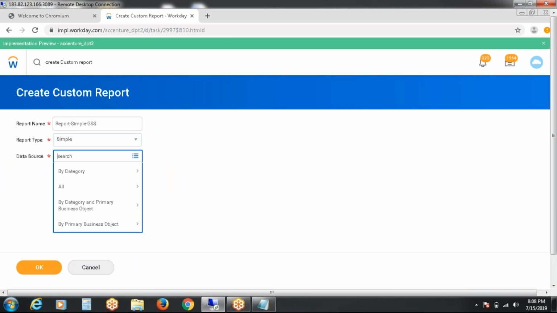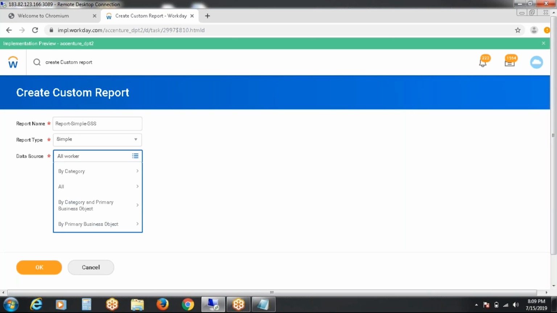Here I am going to select data source. Why I would like to select data source is that data source contains different categories of business objects. For example, if you want to call the worker business object, you need to give the data source as all workers.